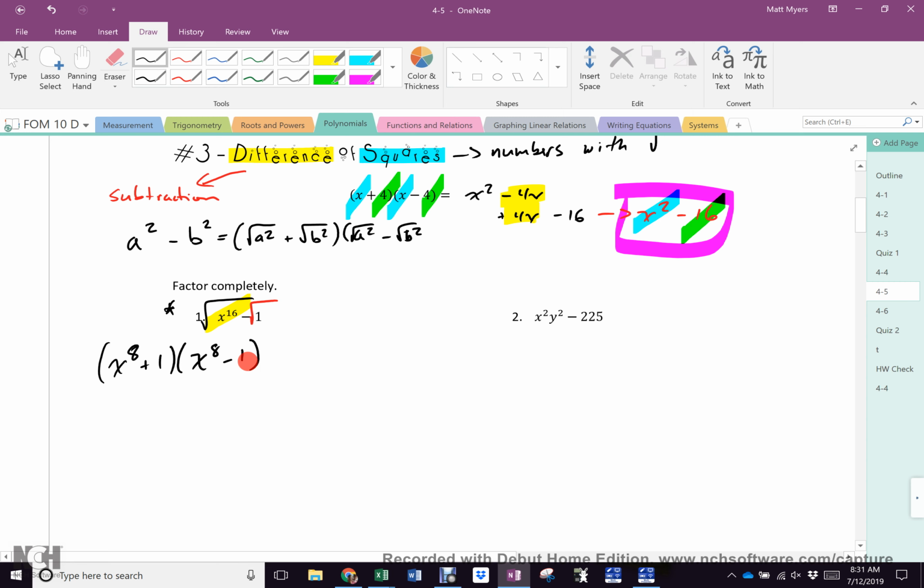Is x to the 8th a perfect square? How do you know? Because it's got an even exponent, so it can be divided in half, yes? Is that subtraction? So this is the difference. Is 1 a perfect square? Does 1 have a square root? We just took the square root of 1 literally a second ago. 1 times 1 is 1. So 1 has a square root. So is this